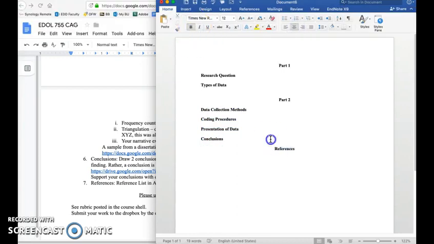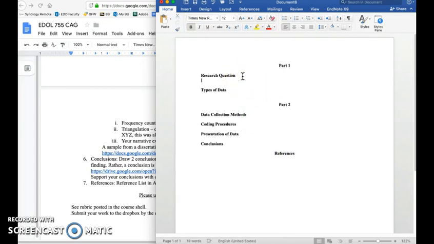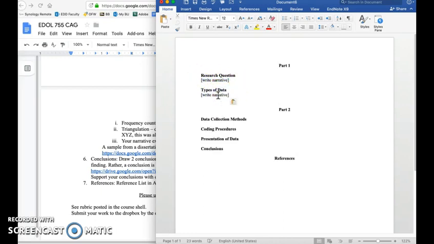Okay, and so for level 2 headings, you would write narrative on the next line. Okay, so that's where you begin to write your narrative, and you would do the same here, and the same here, and same here. Okay, now when we get to the section on presentation of data, you're likely going to